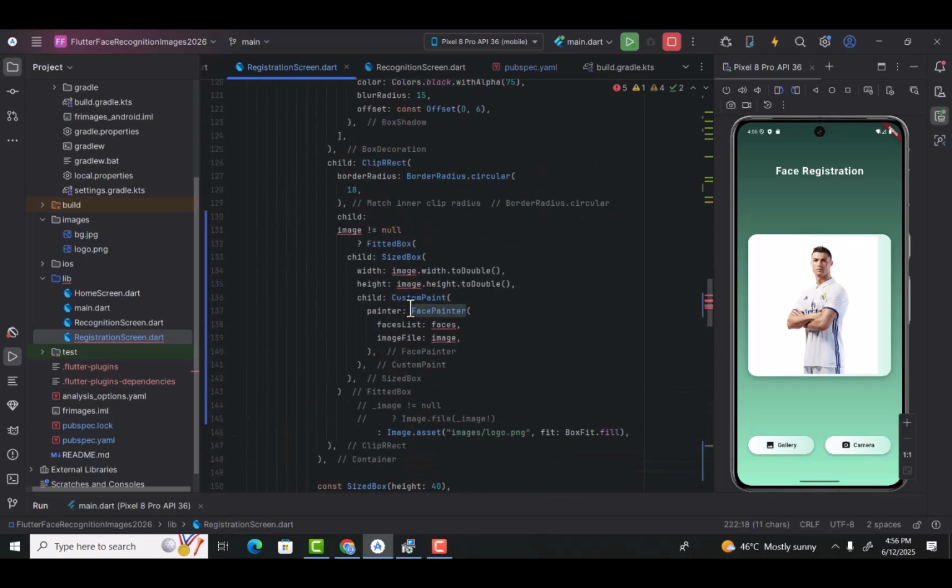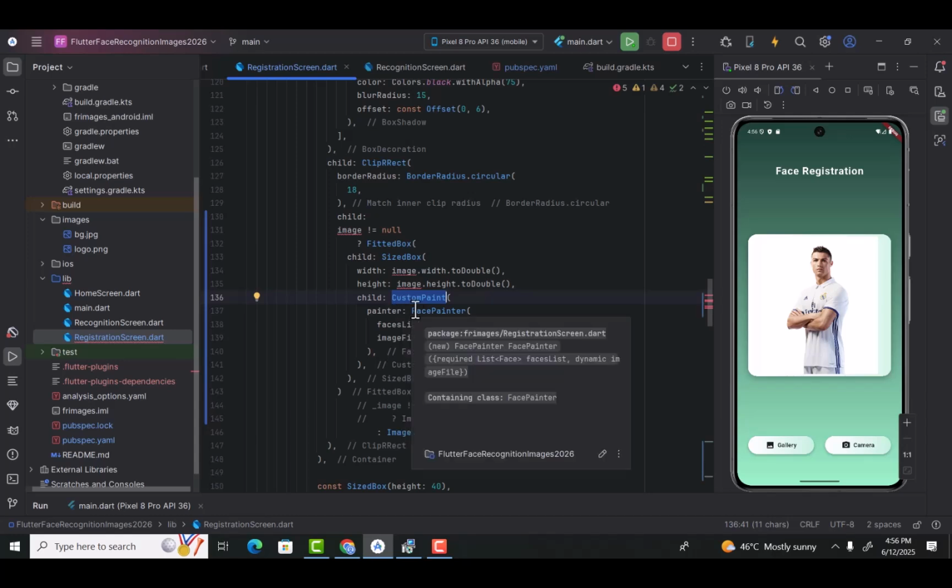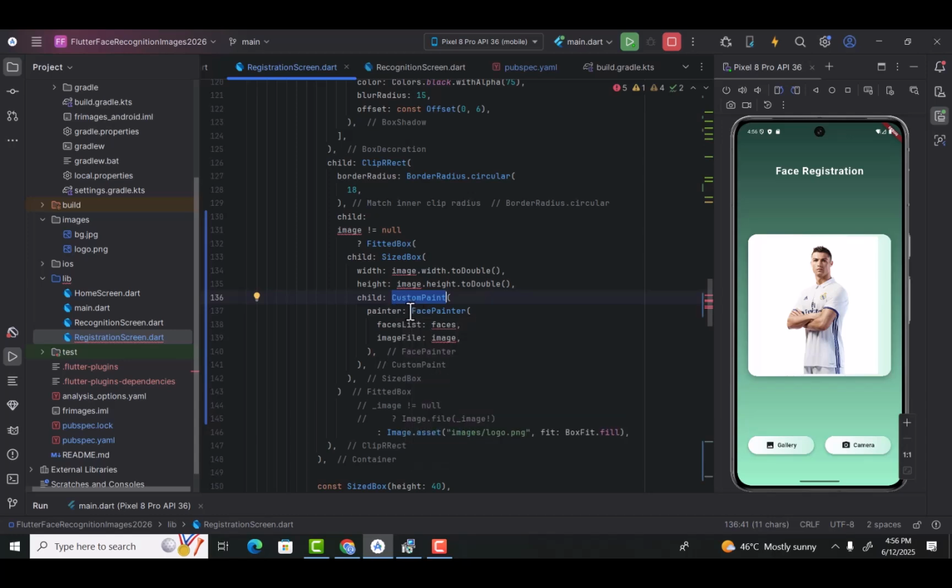So you can see here we are using this custom paint, and inside it we are using our face painter. Inside this custom paint widget we need to specify a painter, and that painter must be a class which is extending custom painter, so that's why we created it. And then to this class we are passing our list of detected faces and our image,